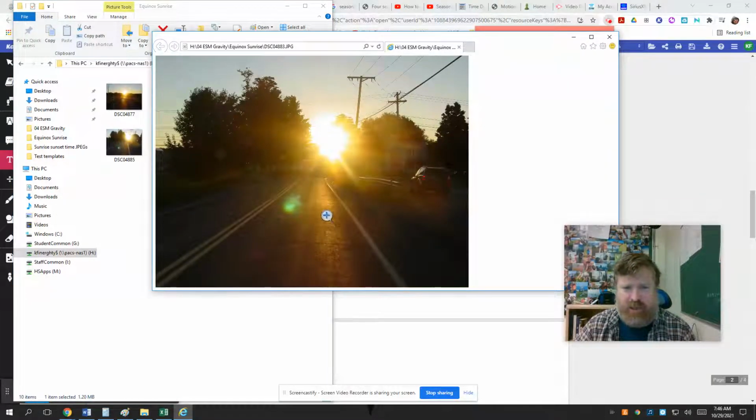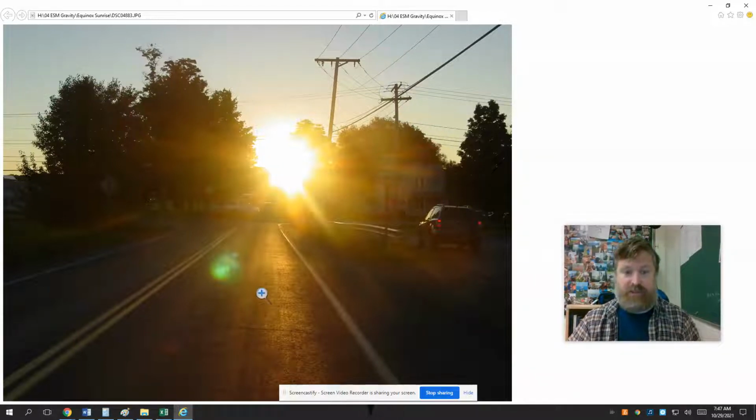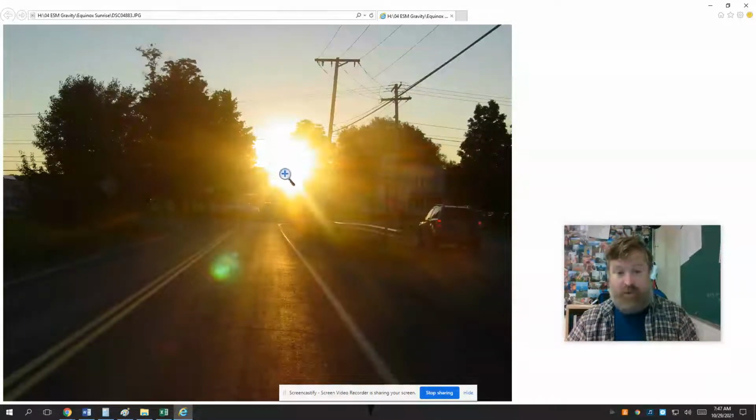This is coming across Route 41, right by the church with the school over here. This is coming across where it crosses into Woods Road, crossing Route 11 onto the school property. This road, you can check it out on Google Earth, is very close to due east, due west. So right now I'm heading exactly east. If you drive this road around that season, you would have had the sun shining right in your eyes as you drove into school. Now that's not happening anymore because the sunrise is creeping off in that direction.